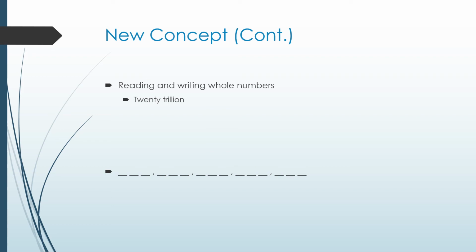We're going to do another one here. A little bit harder. 50,402,100,000. So let's start with the billions. I'm going to kind of count off here. This is thousands, millions, billions. That's my billions comma. So I need my 50 billion to the left of that. So I'm going to put 50. And then I got to look in the next section. In my millions, I have 402 million. So I'm going to write